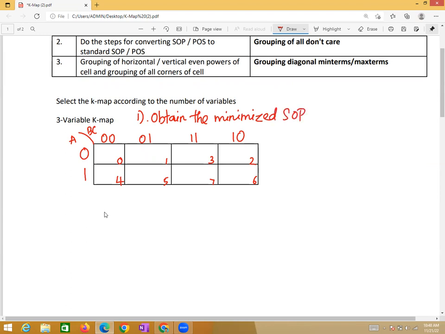Obtain the minimum SOP for the given function f, which is equivalent to the summation of m(0, 2, 3, 4, 5, 6). So this is your given question. For that question, the first step is